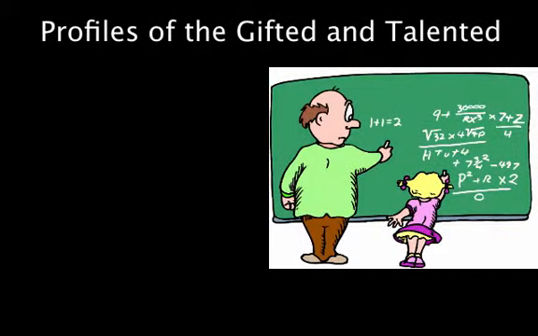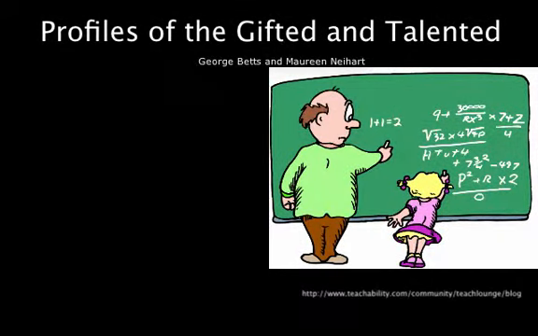Gifted children do not all look alike. They do not all act the same. As you probably learned in your social emotional class, there are a lot of internal conflicts that go on inside of gifted children that make them all appear to be different. What we're going to look at here is the 6 types of gifted children. We call them the profiles of the gifted and talented.